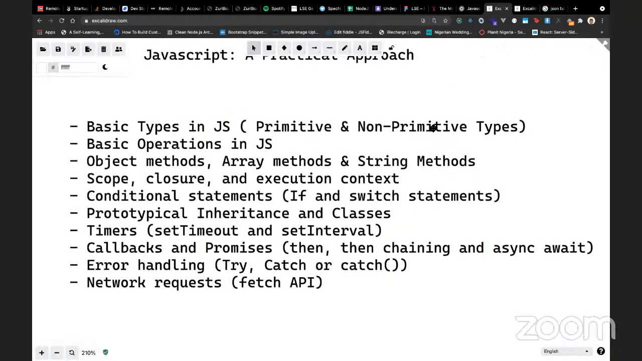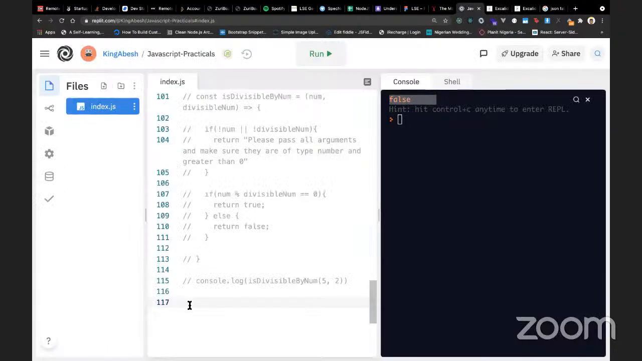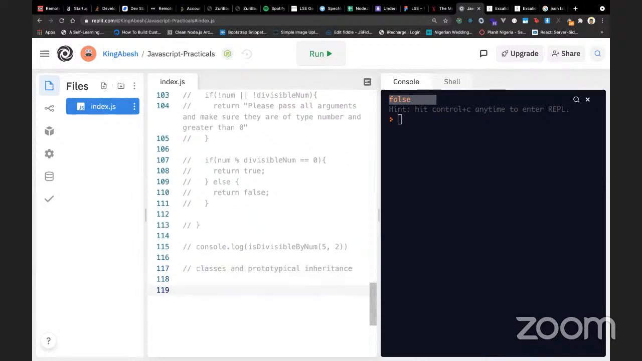I'm going to dive into inheritance and classes. Okay, so let's see something. In JavaScript, we have something called classes, and we have what we call prototypical inheritance. I want to make this a little brief. If you need more understanding, you could just follow me, and then we'll talk about it anytime. So I'm going to declare a function. I'm going to call that function